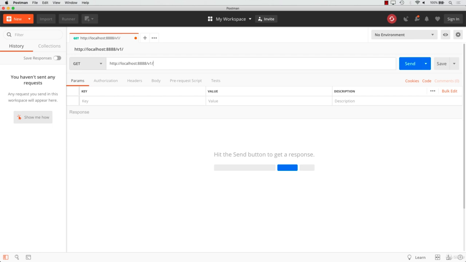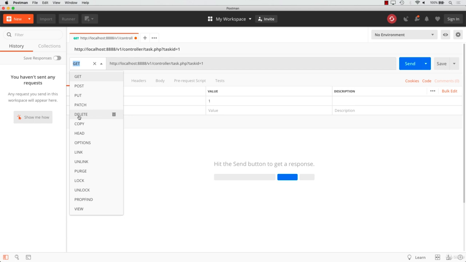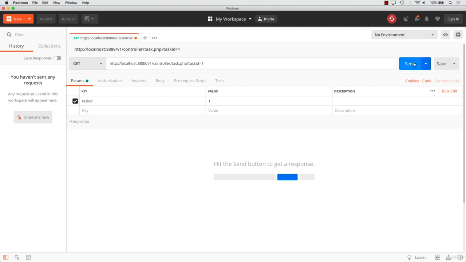So it's in the controller folder. Like I say, we'll tidy this up next to make it look pretty, but this is just for testing purposes. And this is called task.php. Remember, we need to put in the task ID in the query string, so we'll say taskid 1. We'll send this, it's a GET request. Like I say, we built the placeholders for delete and patch, but it is just a GET request with testing here. So hopefully if I've made any errors,